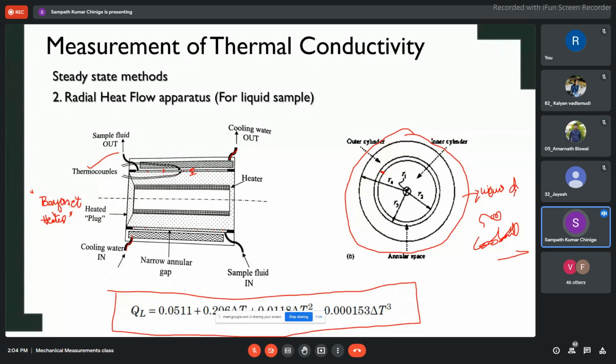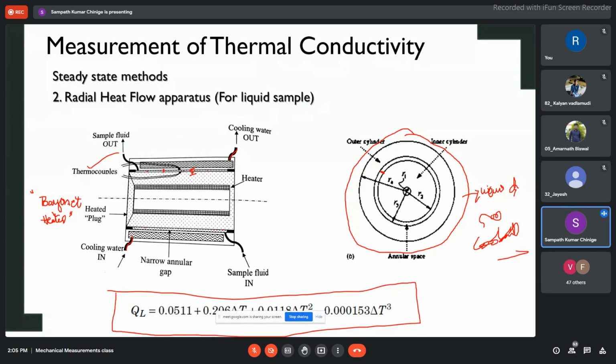But ultimately, what we have to remember from this measurement is, in the steady state measurement, whenever you are giving heat, what is essential here is you have to estimate the heat losses. What do you mean by heat losses? Whatever heat I am giving as an input is it completely going to the sample, or is it being transferred to the ambient air by some other means? So that will form your Q dot. That will be your actual heat flux. So estimating that is one of the most important things you need to do.